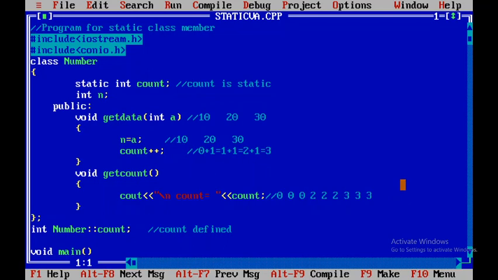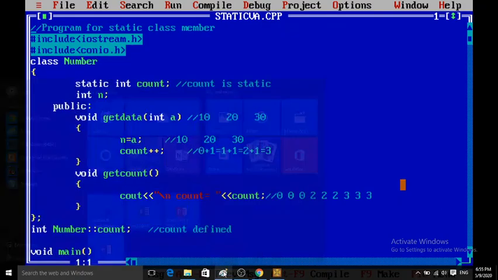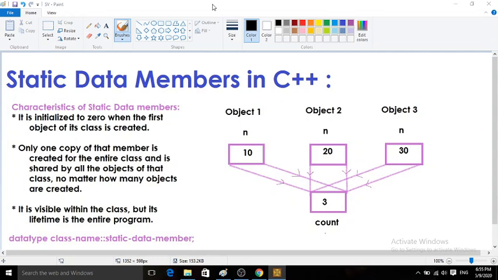So again we will see one more time this diagram. So here that count static variable we are using, only one copy of static variable count exists. So we have created three objects. Let us consider this is my x object, this is y object and this is z object.